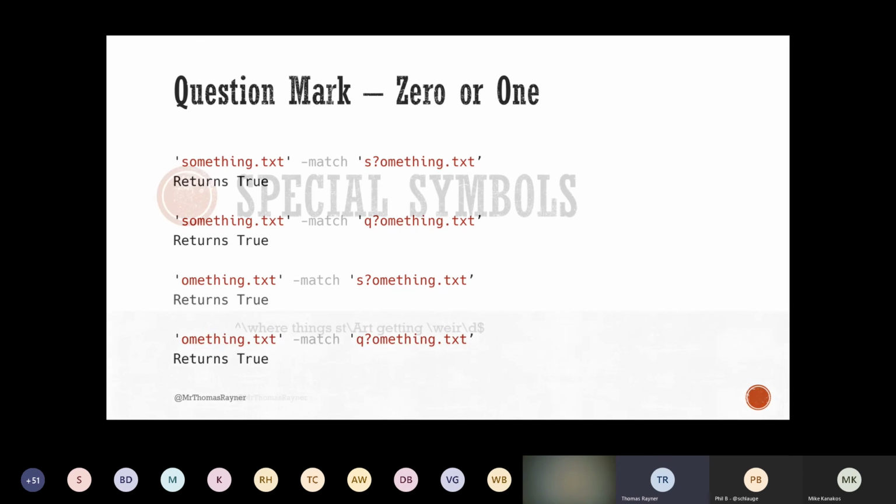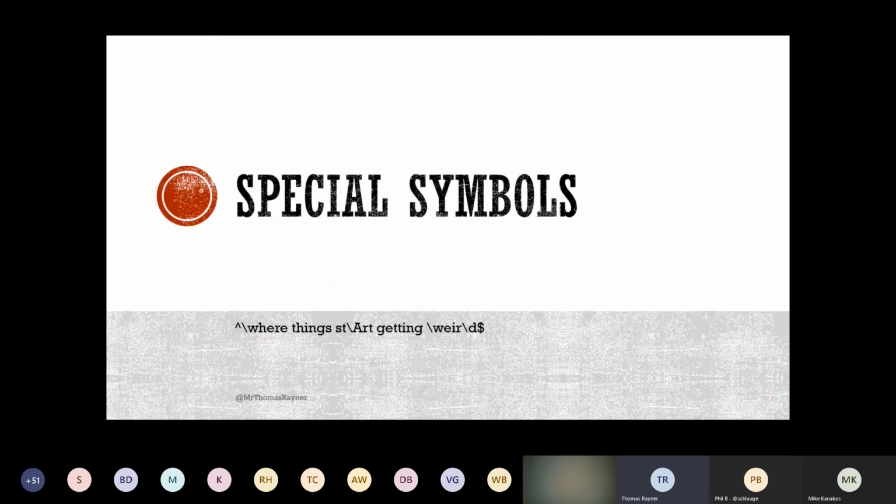There we go. So special symbols, this is where stuff starts getting a little wonky. So far, they've all pretty much looked like English, and they've been somewhat readable. Sometimes we intermix a star, a plus, or something into the regular expression, but it's all pretty straightforward so far. And here's where we're going to screw that up for you.